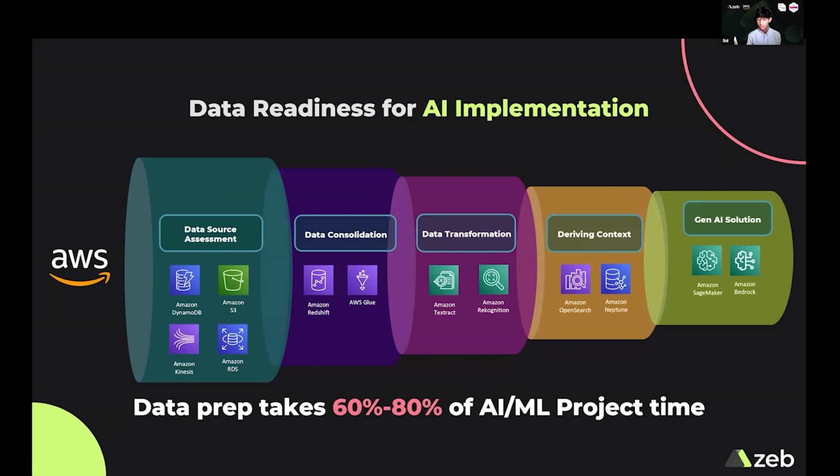Lastly is that generative AI solution aspect of it, which is that underlying foundational model that we're interacting with and how we can use this data and layer it on top of this model. Amazon has a lot of different ways, which Abhinav will touch on a little bit, of how that data can be used within a model, right? Whether that's through the pre-training of a model from scratch, or whether that's being used through RAG strategies that are offered through existing foundational models that Bedrock has to offer. That last aspect is the core aspect as to how we tie this overall data plus AI solution together.